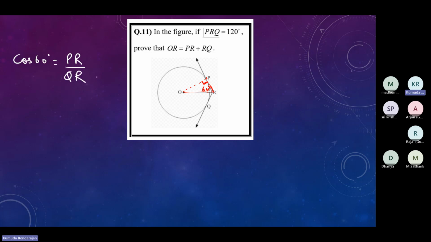We are intentionally using cos because we need a suitable trigonometric ratio to connect PR and OR. For 60 degrees, PR is the adjacent side and OR is the hypotenuse because it's opposite the right angle. So cos 60 degrees is equal to adjacent side PR by the hypotenuse